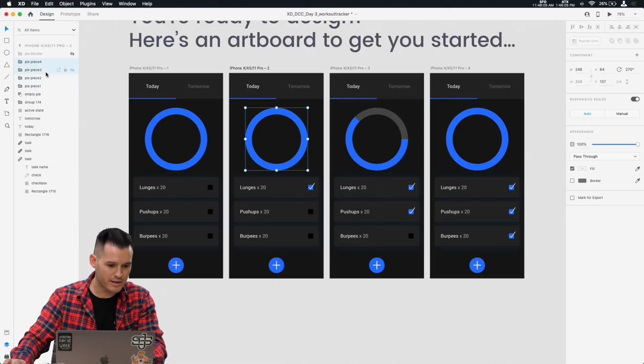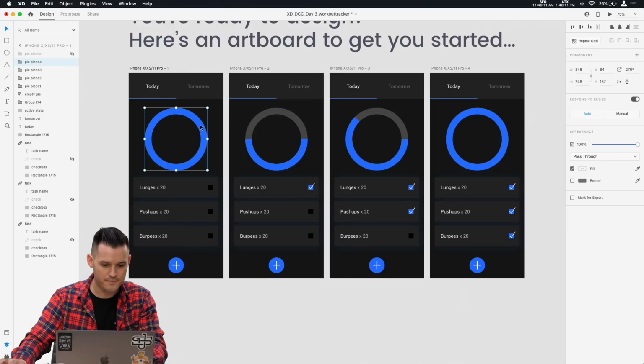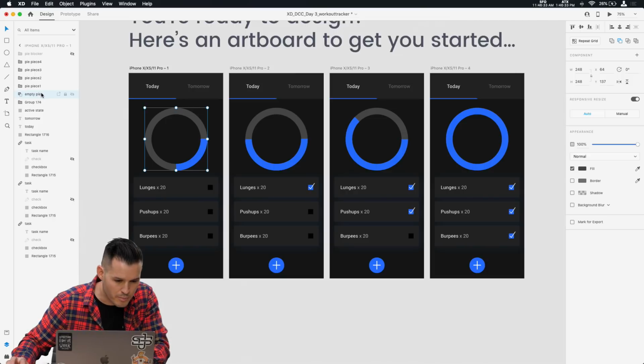We're gonna take 2 and 3, let's rotate it around. Okay, like that. And then let's take here on the very first one and let's rotate them all the way. Ooh, we gotta be careful here. We're gonna take pie piece 4, I'm gonna rotate it. Then we're gonna take number 3, rotate that one, and 2 to rotate that one. And then we wanna make sure that our empty pie, or where'd our pie blocker go?